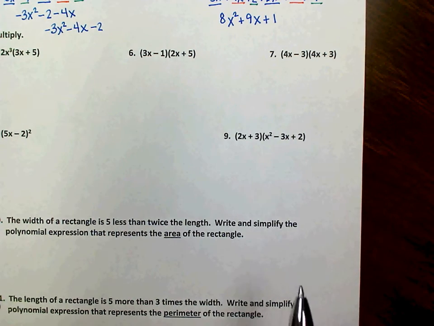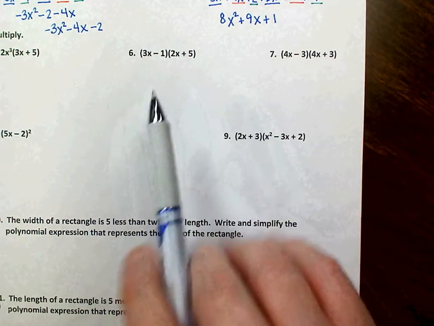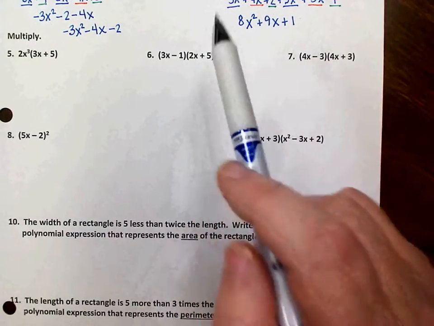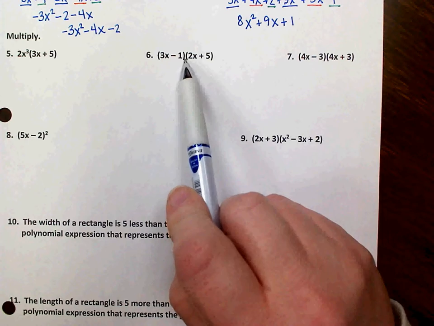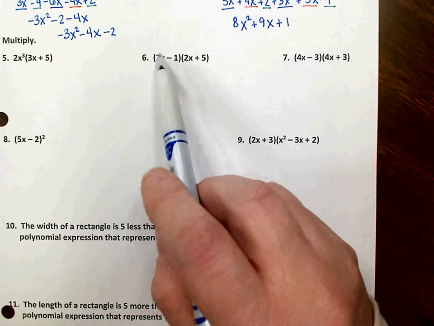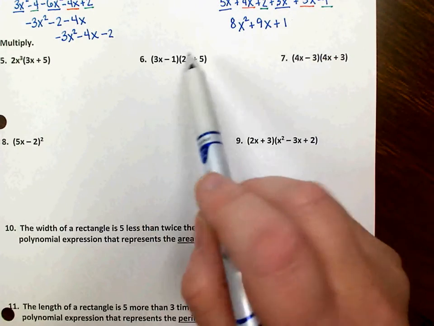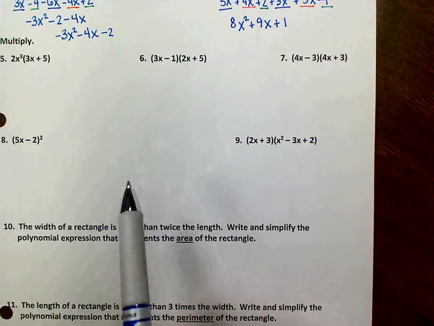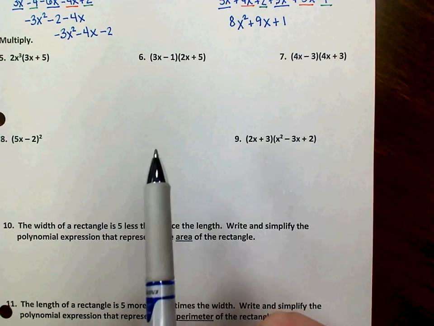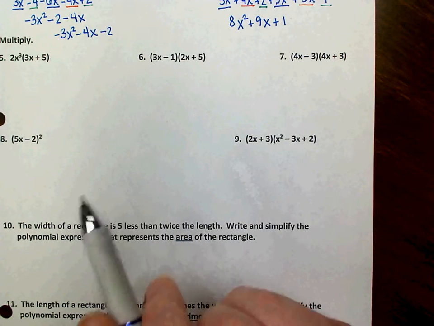For number 6, we're still multiplying, and I know that because of the directions that say multiply, but I also know that because there's not an addition or subtraction symbol between the two parentheses. So this first parentheses has 2 terms in it. The second one also has 2 terms in it. When you multiply 2 terms by 2 terms, 2 times 2 is 4, so you should get 4 terms when